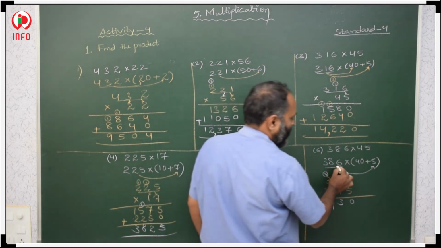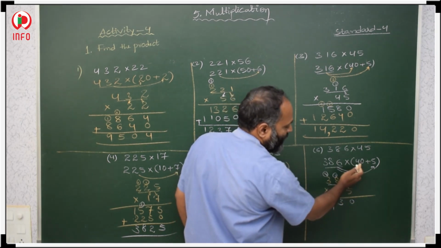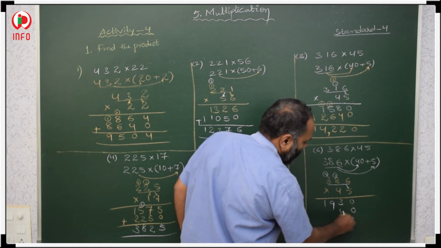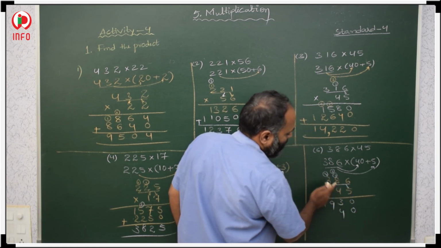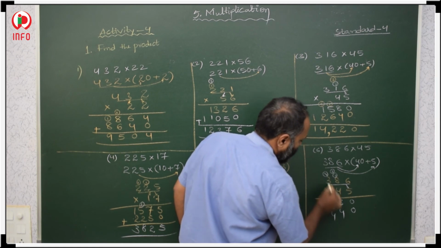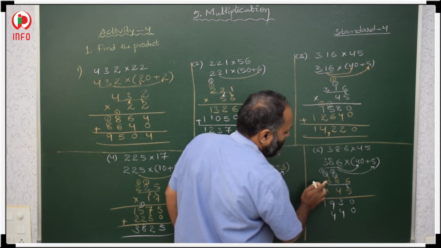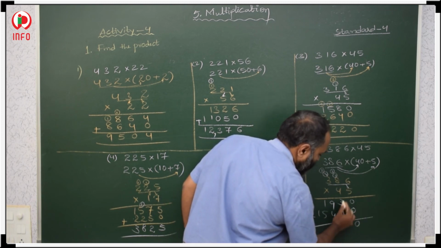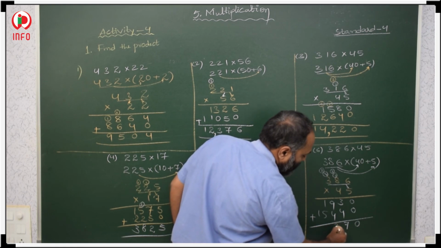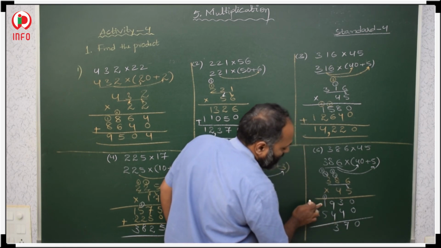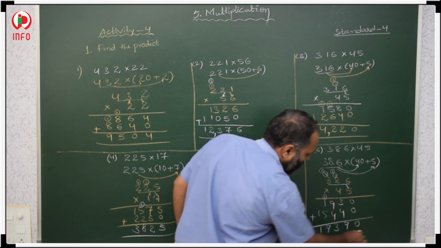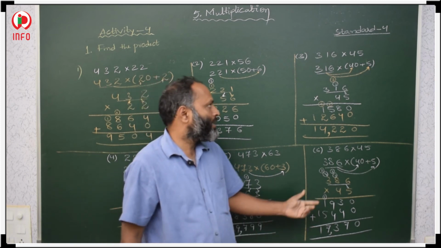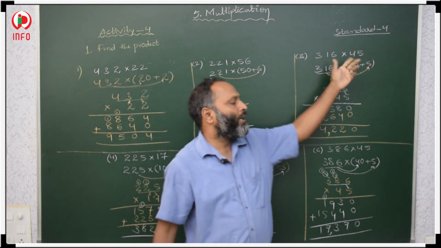Now we have to multiply with 4. 4 means 40 is there, we have to take a 0 first. Now we start with 4. 4 6s are 24 and 2 carry over. 4 8s are 32, 34 and 3. 4 3s are 12, 13, 14, 15. Add 0, 4 plus 3, 7, 9 plus 4, 13, 5 plus 1, 6, 6 plus 1, 7. 17,317. So this is the multiplication of a 3-digit number with a 2-digit number.